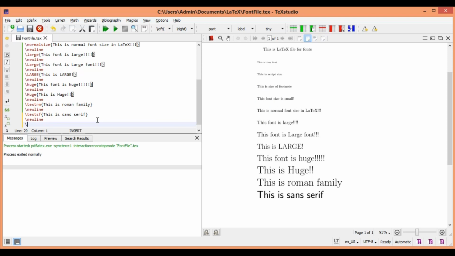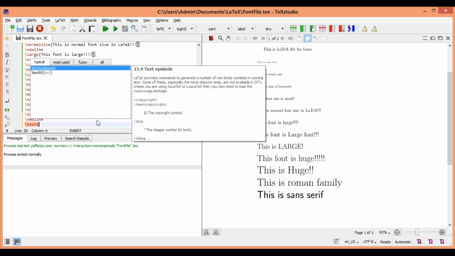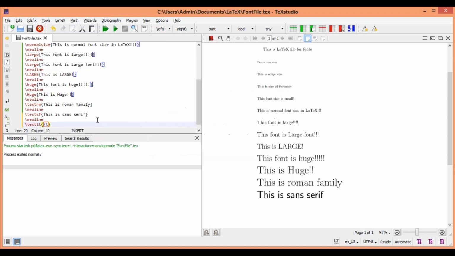That is typewriter font. So texttt, typewriter font. This is typewriter style. Okay, so I'm just putting that, and now let us see. You can see, right, the different formats you have: Roman, sans serif and typewriter style. So all these come in the different font families that LaTeX has.